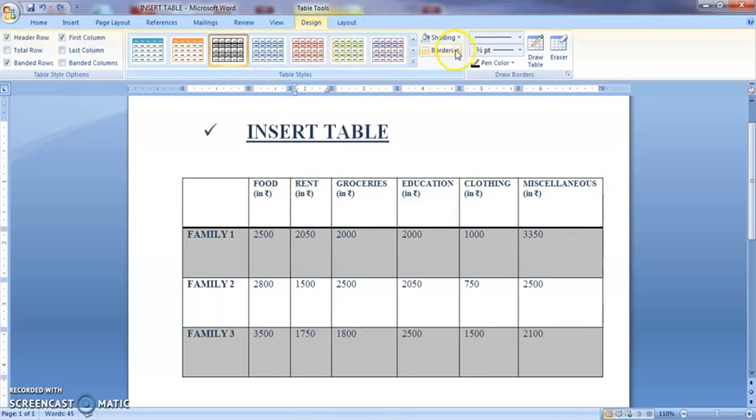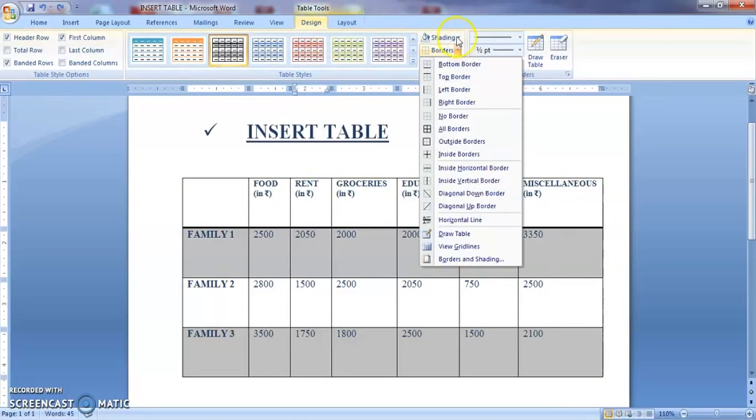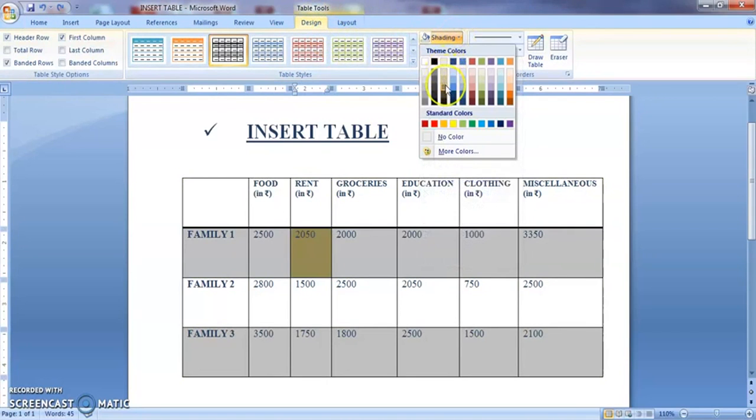Now you can also give borders to the table. You can provide some colors if you want, but you have to remember, if you want to give colors to the entire table, you have to select the entire table. Right now you can see whatever changes I am making are happening only in the third column. Okay, so you have to take that into consideration.